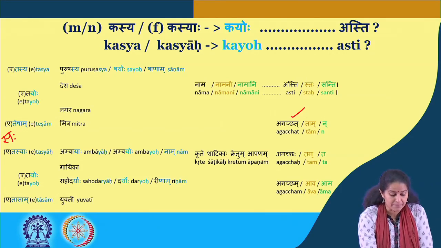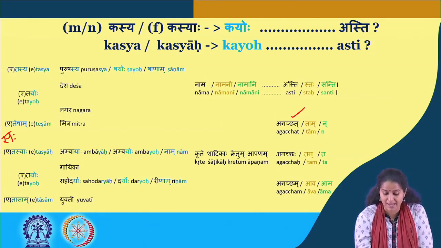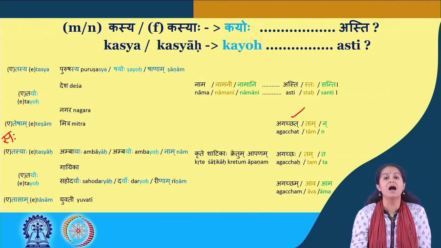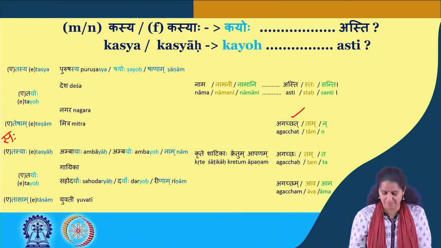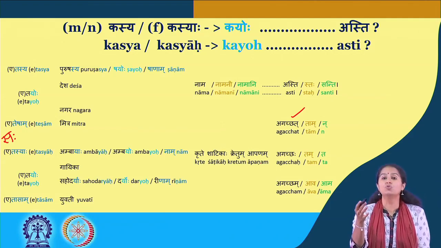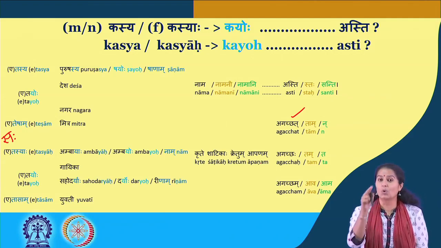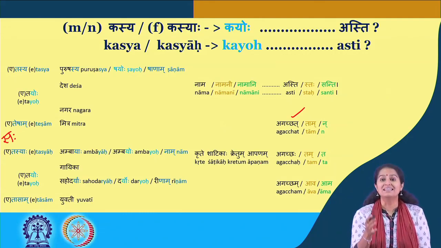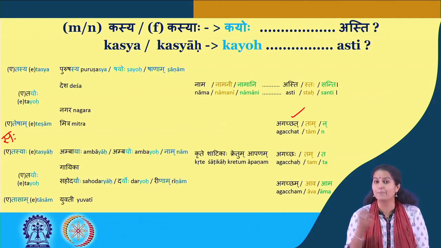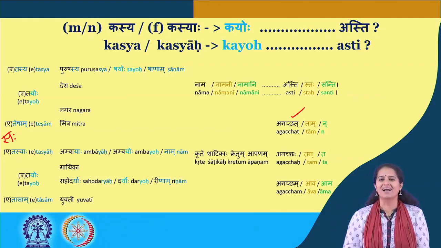And for many of them, saha tasam ambanam krite shatikah kretum apanam agachat. Let's do it for Gaika. Saha tasyaha gaikayaha krite apanam agachat. I'm just skipping it here now. For two of them, tayoho gayikayoho krite apanam agachat. And for many, tasam gaikanam krite apanam agachat.